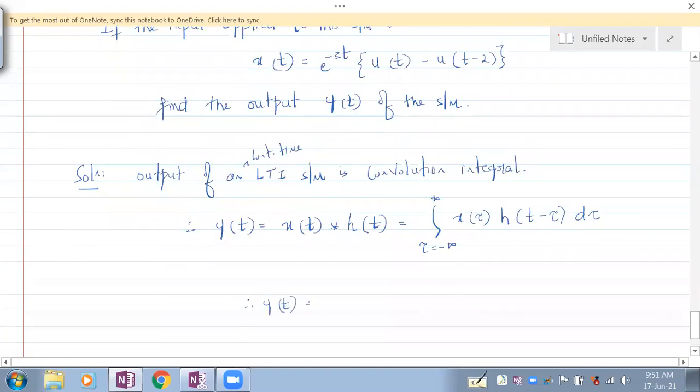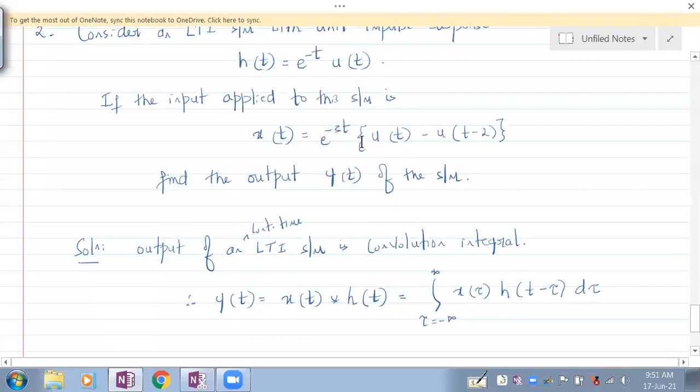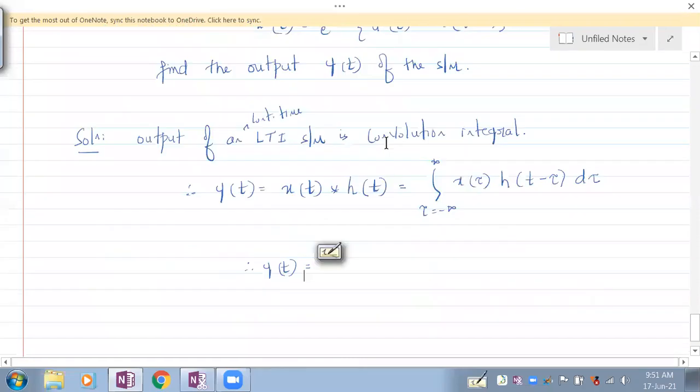See, what is this? Is this an infinite signal, anybody? What is the range of this signal? What is the range of this x of t? Range of this x of t is 0 to 2. And what is the range of this h of t? Range of this h of t is 0 to infinity. So one is an infinite signal, the other is a finite signal. Understand? So let's see what happens with this.